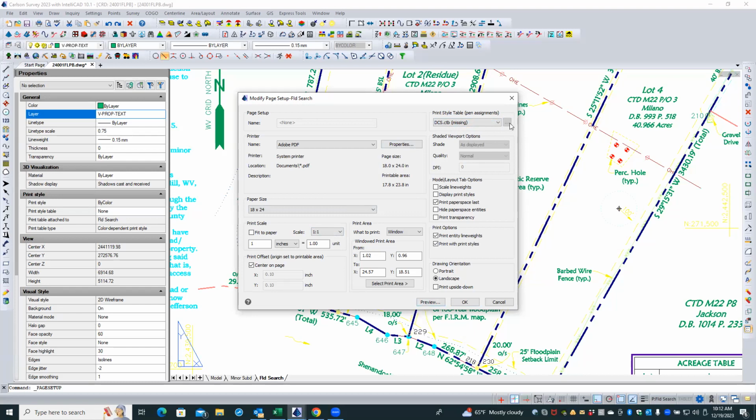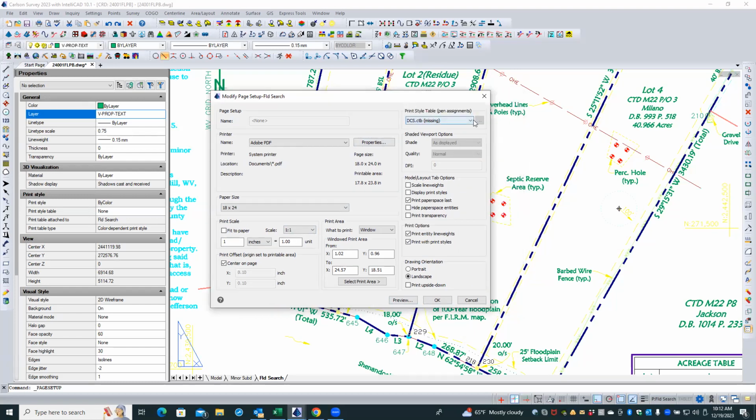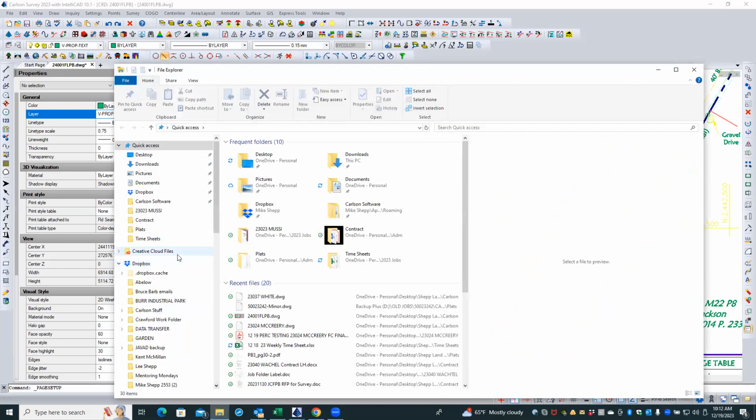Did it pop up a box on the other screen? No. Okay. All right. So a DCS color table, it doesn't find, but it might be in that old